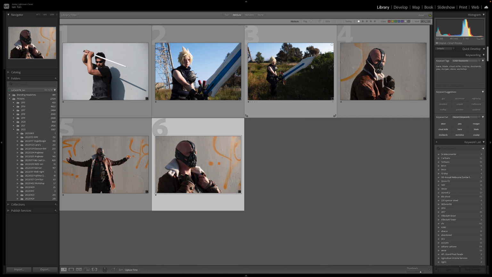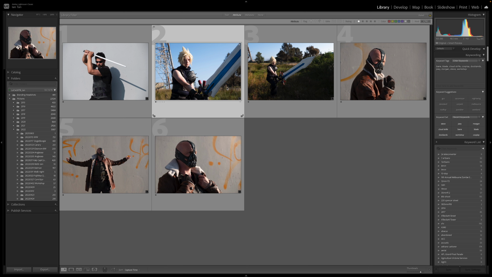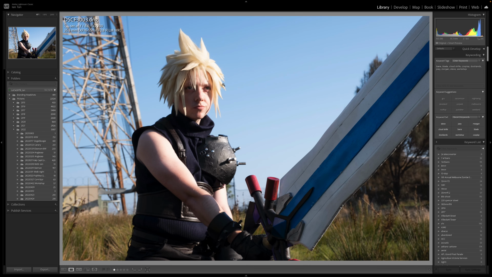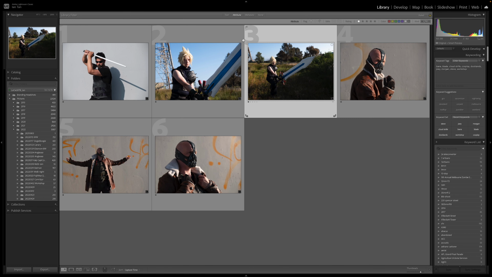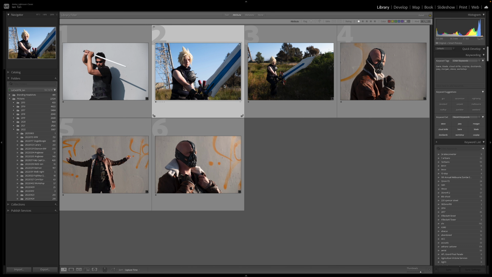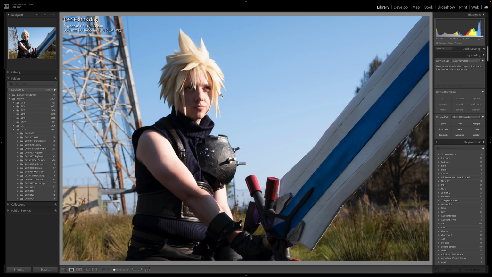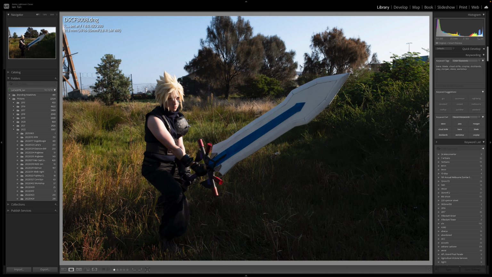And again, you can have a look at this, and you say, all right, if I've got two images of Cloud Strife in a very similar pose, maybe one is closer and one is more of a pulled back wide angle view, then you make a call, and I say, all right, between these two, which one do I like better? Do I like this one, where he is clearly the main character in this scene, or do I like this one, where he's still the character in the main scene because he's the only subject there, but you also get to see how big his sword is in relation to him,